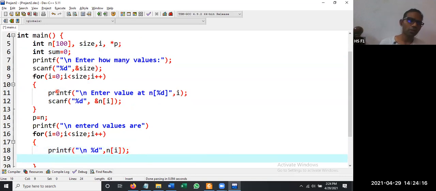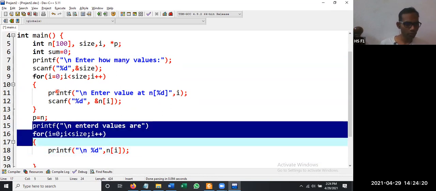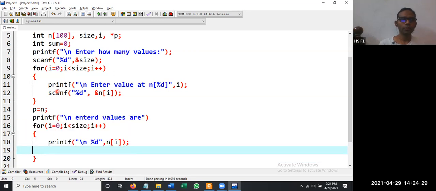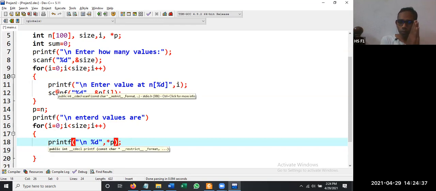Nothing new. This concept you might have studied in our previous semester or in yesterday's class, whatever it is. So if you want to print the values of an array using a pointer, what are you going to do? Simply write here %d comma star p. And after printing the value, the pointer must move from the 0th index to the first index.